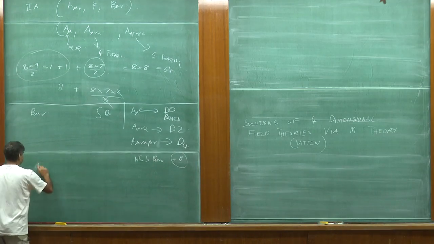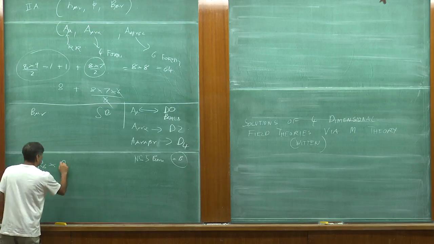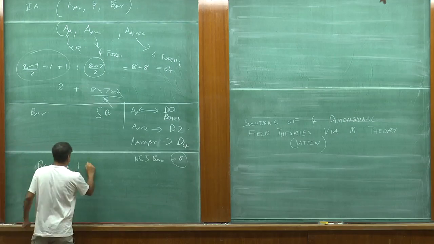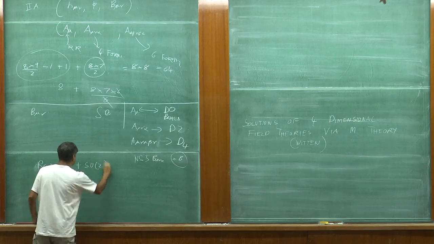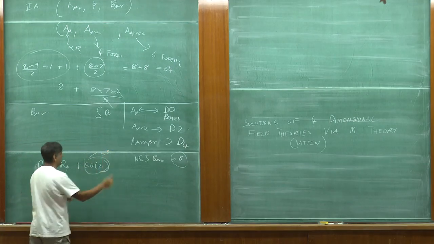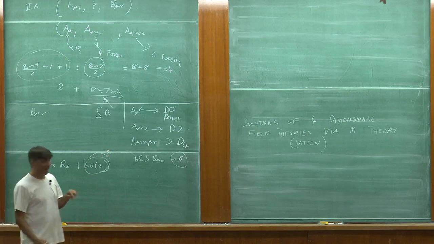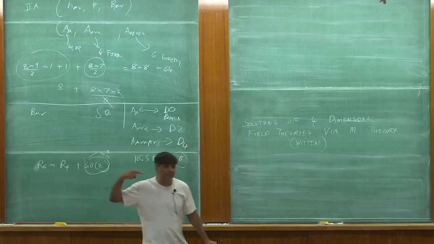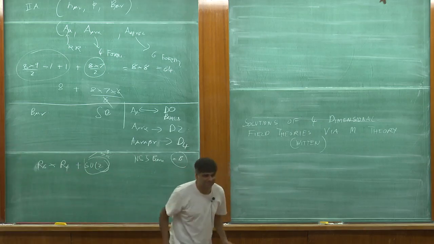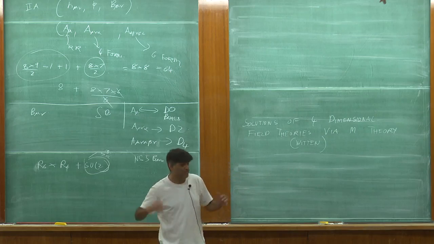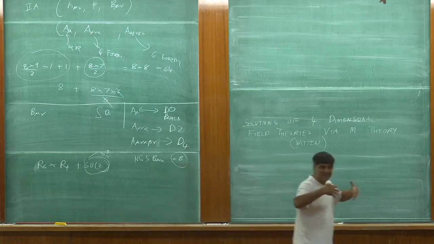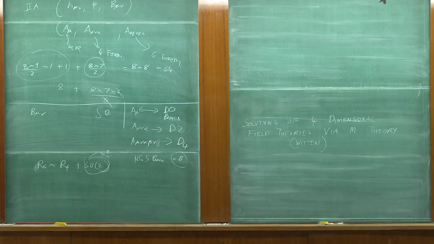R^6 times R_phi, I'll tell you what that is, times SU(2). Maybe I should call this an S^3. What is this? R^6 is R^6. R_phi is another R direction, but one in which the dilaton has a linear profile. Okay, so it's different from the others. In the other directions, the dilaton is constant, but in this direction, the dilaton has a linear profile. And